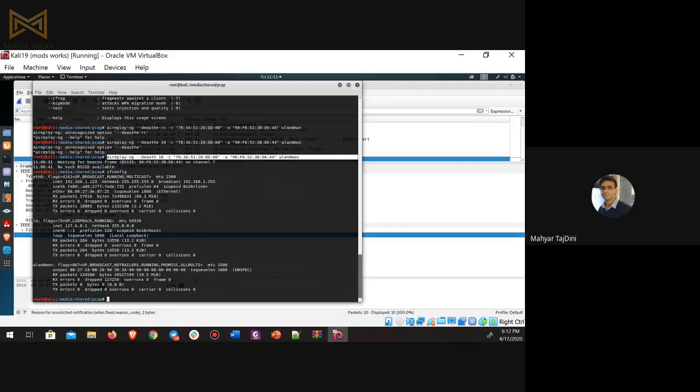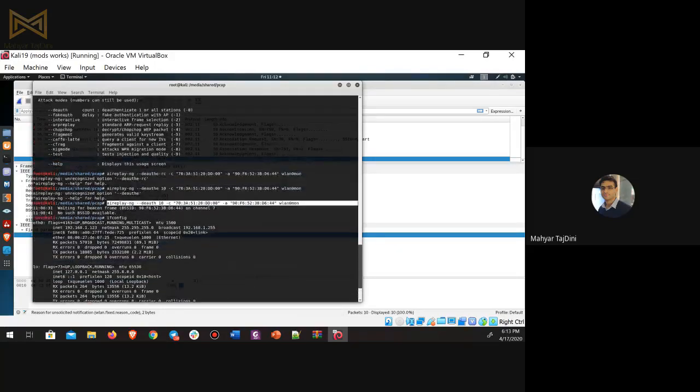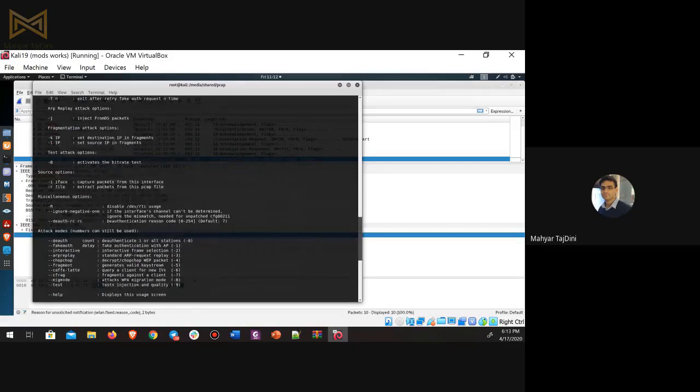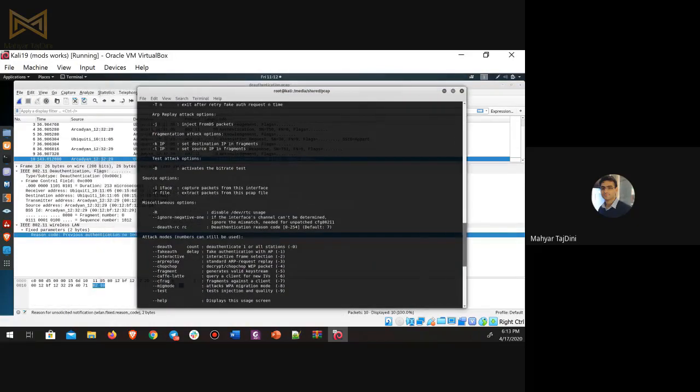But in order to understand the situation and if something has changed, for example, imagine the default reason 7 was blocked from some other place. So you have to know how to change it, and you have to check it by yourself. What's going on when I'm sending such a packet? Why can't I get the result I want? And all of these questions, later you have to know all of these very small details, especially if you want to write your own